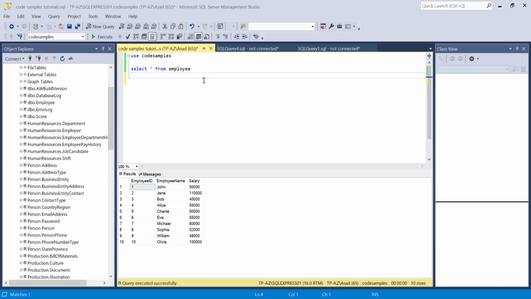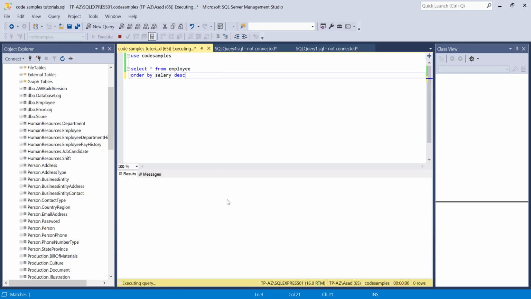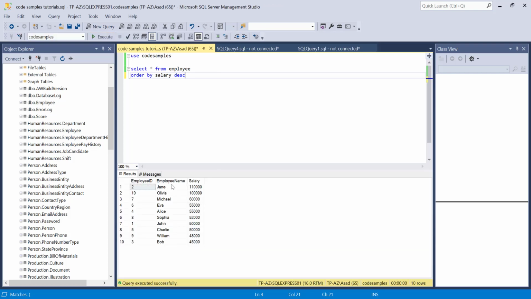Hey guys, in this tutorial, I'm going to show you how to find the second highest salary from a table. So in this example, I am just selecting everything from my employee table, and here I have the employee ID, name and salary, and I'm just going to do order by salary descending just to sort them based on the salary. So you can see Jane, employee ID number 2, has the highest salary, and then Olivia has the second